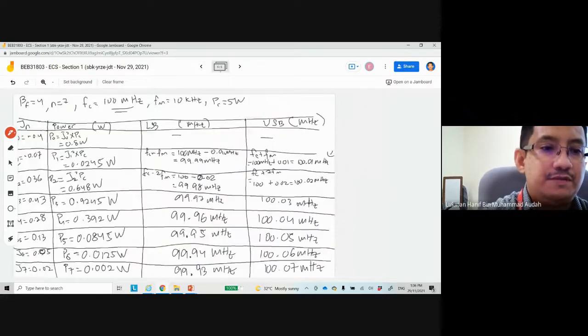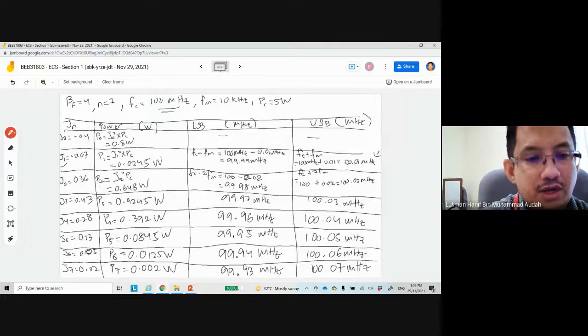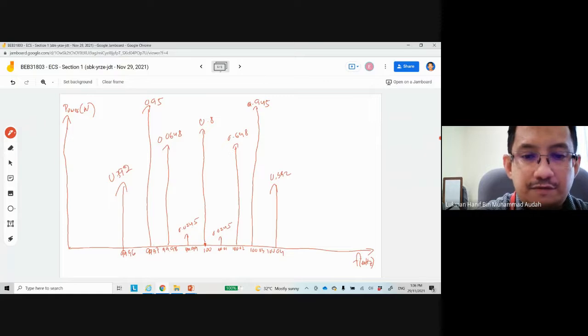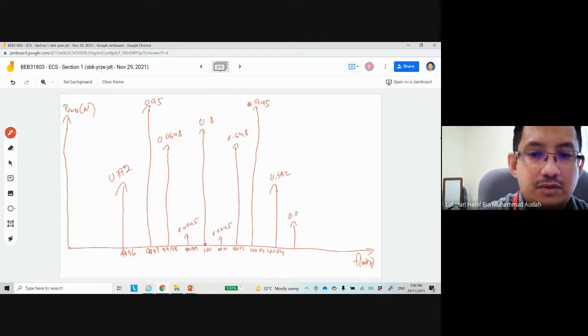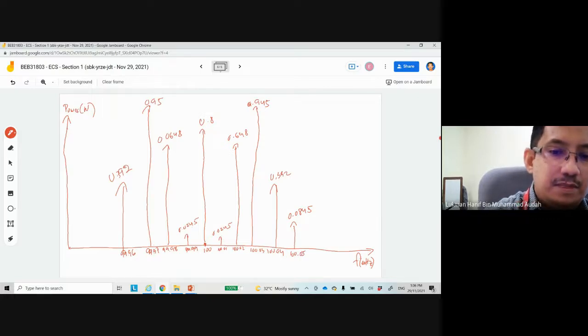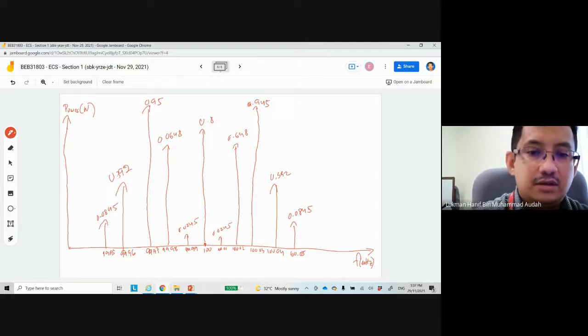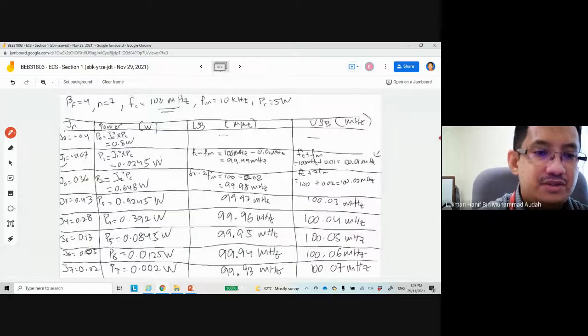The fifth sideband, if you see, the fifth sideband is 0.0845. It's small. 0.0845 is, for example, a little high, I estimate. 0.0845. This is 100.05. Okay, so here, roughly here. So 99.95, 0.0845. And then the sixth sideband, if you see the sixth sideband is